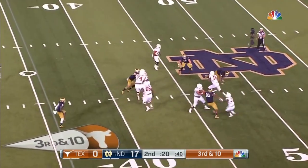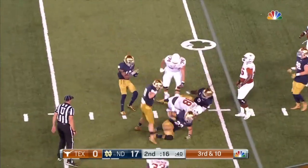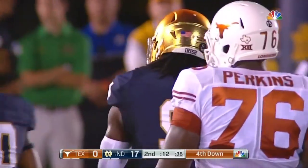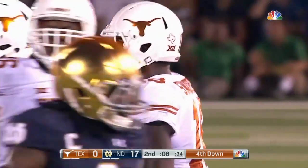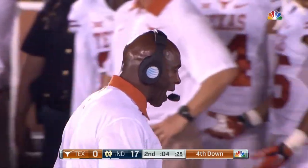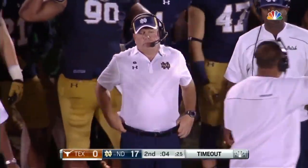Swoops has pressure, avoids it, steps up inside the 35. That'll bring up 4th down. Clock is running past the 10-second mark. Jalen Smith on the stop. And Strong finally calls a timeout with 4 seconds left. Well, it's a 4th down play, so you want